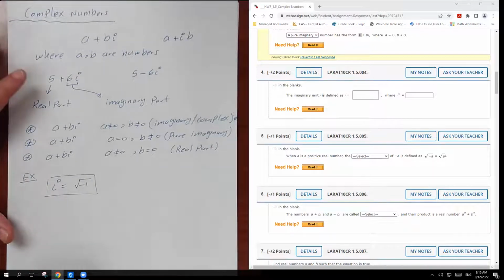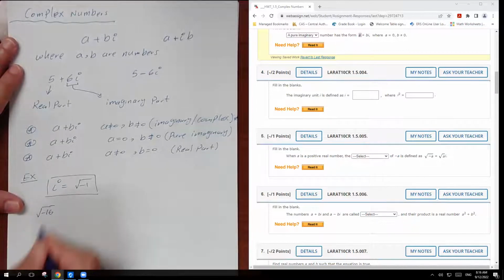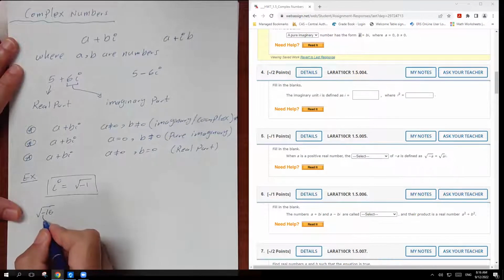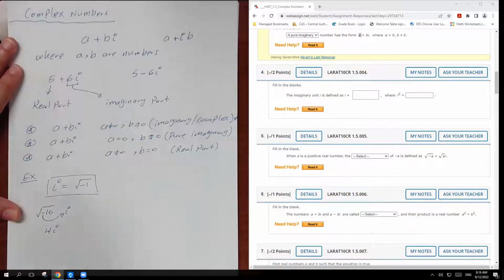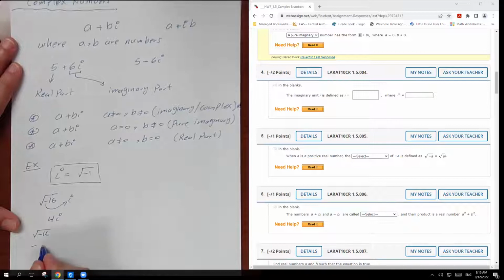If you remember, we did that before when we have the square root of a negative number. How are we going to take the square root of a negative number? We're going to take the negative sign out as an i and take the square root of this number, which is going to be 4i. That means, in fact, the square root of -16 is the same thing as the square root of -1